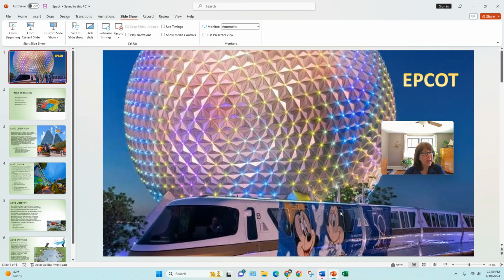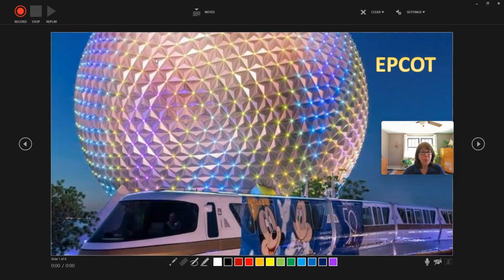Now I've opened up the Epcot presentation and I've clicked on the slideshow tab. Now if you look in the setup group, you'll see the record drop arrow. I have the option to record from beginning or from the current slide. I'm going to go from beginning. Now, when I click that button, I'm in my slideshow, and around it, I've got various tools for working with